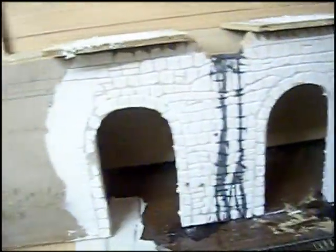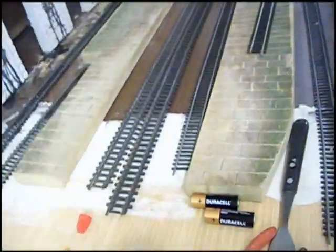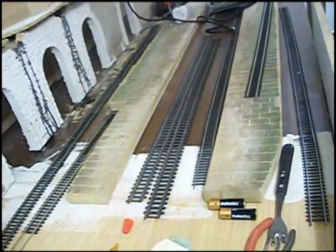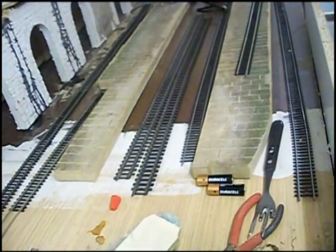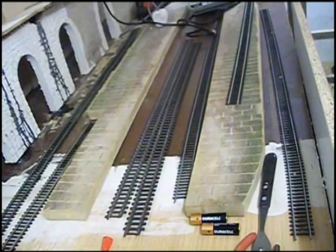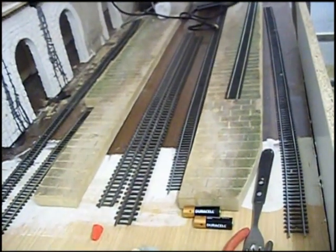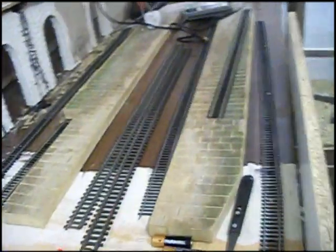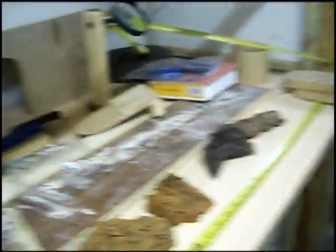Again, like I said, this is just my idea of a layout. Try not to copy anybody's layout, because if you do your own, it's a better layout. This is a Bangor in Wales, not Wales. Bangor railway of the 1960s, which I'm working on. I'll show you a picture I took out of a book. Well, copied out of a book. Now this is the